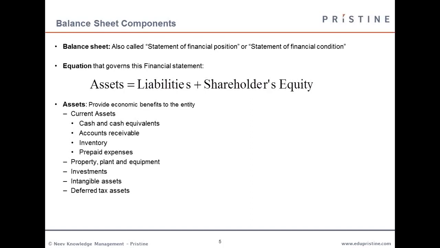The assets are classified into two types: current assets and non-current assets. Current assets are the ones which have a life of less than 1 year, like they are liquid enough to generate cash at any time. For example, inventory, cash and cash equivalents, all these come under current